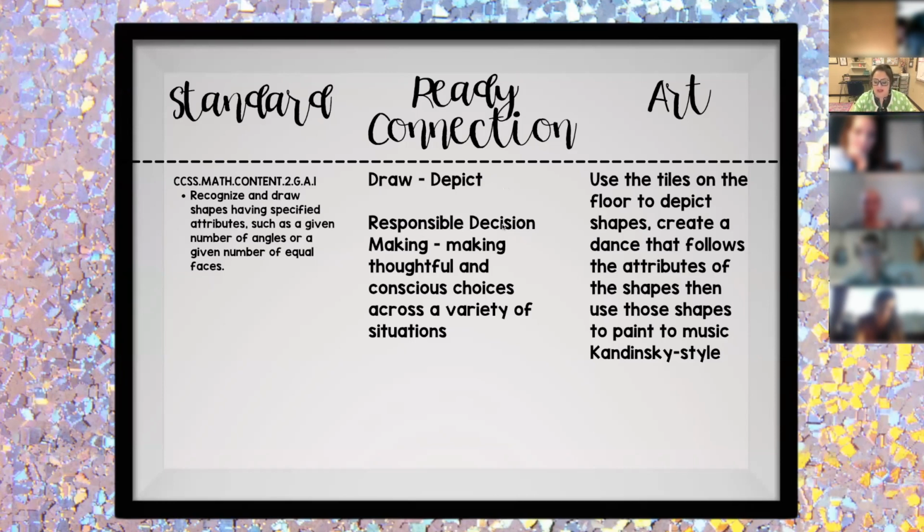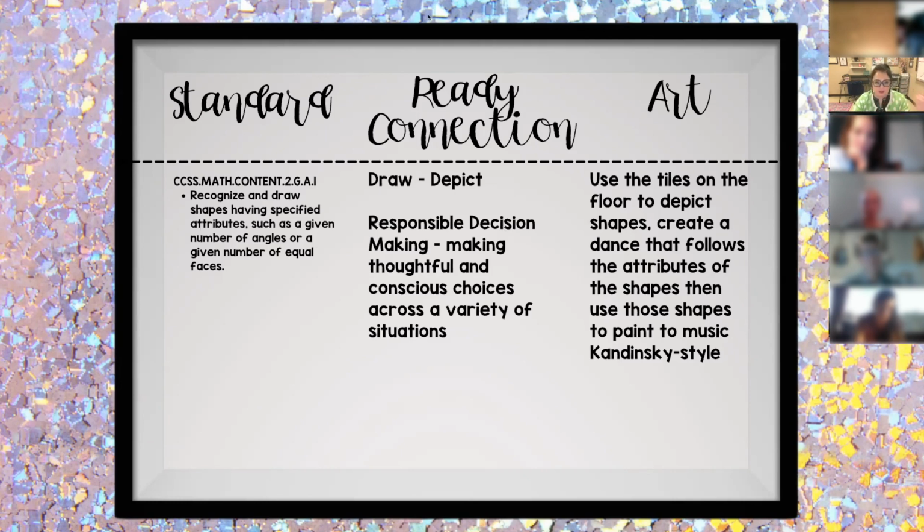And if you think about it, in second grade, if they're trying to make a hexagon, they have to be thoughtful and they have to make conscious choices to get that done, because there is a prescribed way to make a hexagon. You can't just make it up and call it a hexagon because you want to. And other people need to be able to tell it's a hexagon. So you've got to be thoughtful about what you're doing.